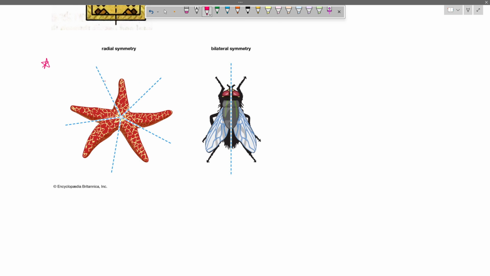We also have radial symmetry. We are not going to cover this today, but just know that it exists. So instead of slicing it in half, we choose a fixed point and then we divide it into how many parts that we have until we have mirror images of each other. Next, we have